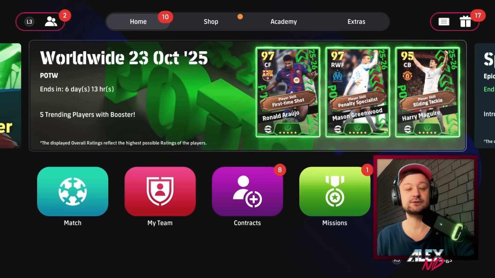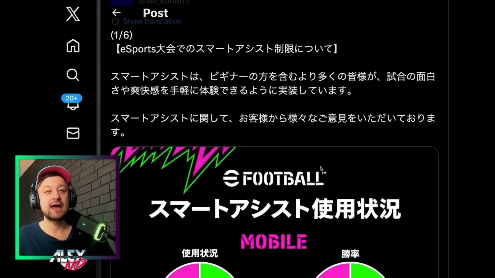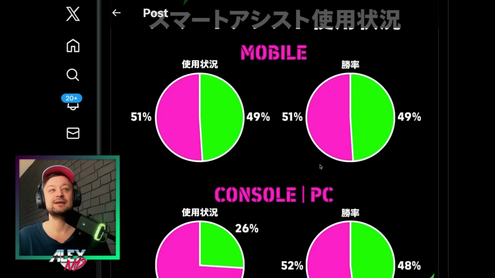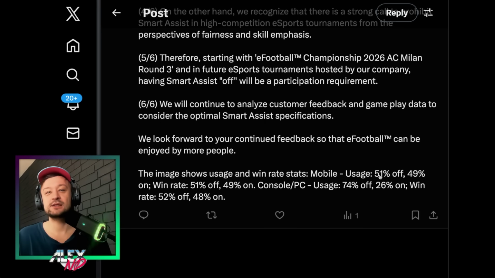Also, just as I was starting recording this, I noticed this message because I'm following Konami's Japanese account, and I translated this, and there is a graphic where they are showing the breakdown of console, PC, and mobile users of Smart Assist, and how Konami is removing Smart Assist from esports events. And they also give a breakdown of usage. So 51% is not using Smart Assist on mobile, 49% of course are using that, and the win rate for those that use Smart Assist is only 49%, whilst the win rate for the 51%